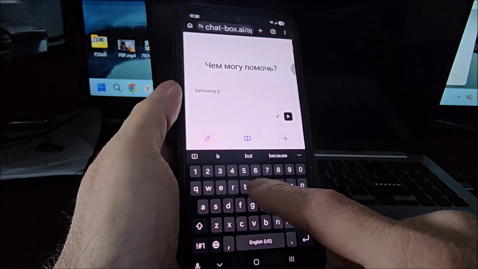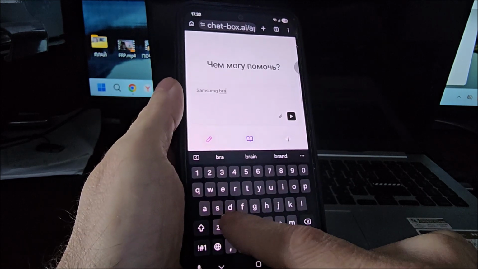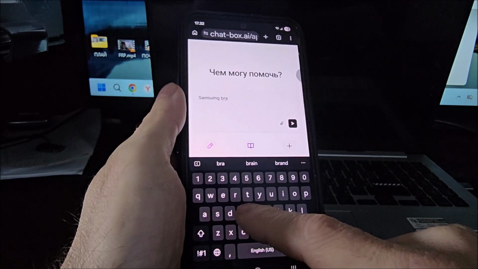And one more thing, I even fixed an iPhone with the help of DeepSeek after a repair service told me